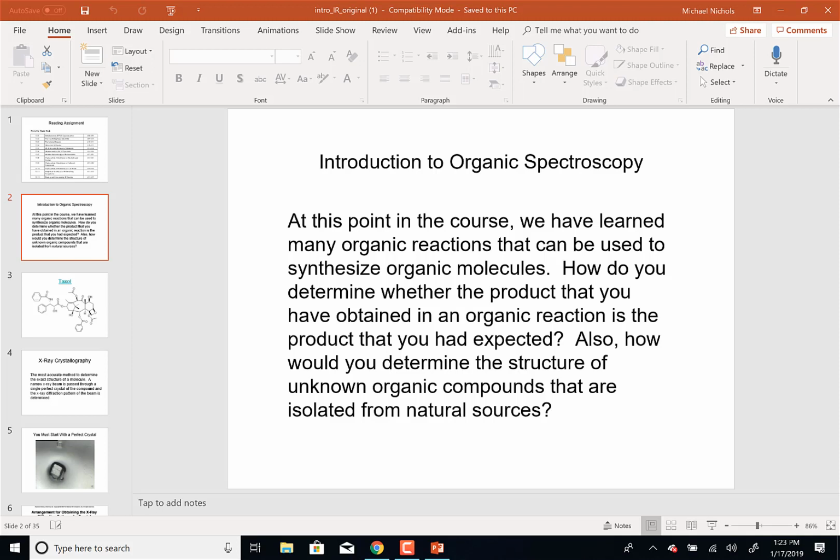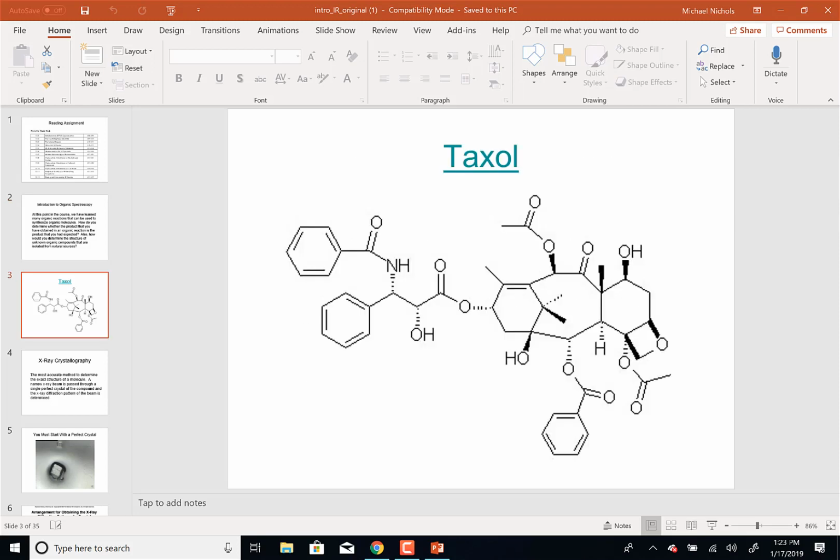And the question is, what techniques, and then we're going to talk about the techniques and also how you use them. So here is an incredibly complicated molecule called Taxol. Taxol is now routinely used to treat ovarian cancer and probably a number of others. It's got a lot of chiral centers. It's got rings bigger than 6. It has a lot of different functional groups.